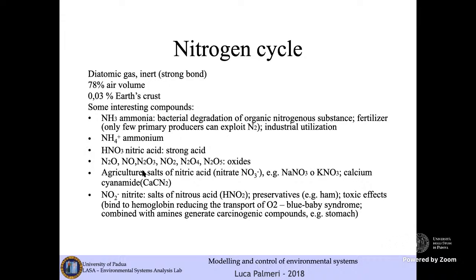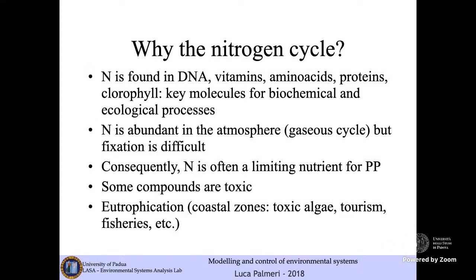You may find nitrogen in agricultural salts of nitric acid, for example nitrate, but also in other salts, like sodium nitrate, or potassium nitrate, or calcium cyanamide, and so on. And also in various forms of nitrite, salts of nitrous acid, like NO2 minus. So you find nitrogen in several elements of relevance for the